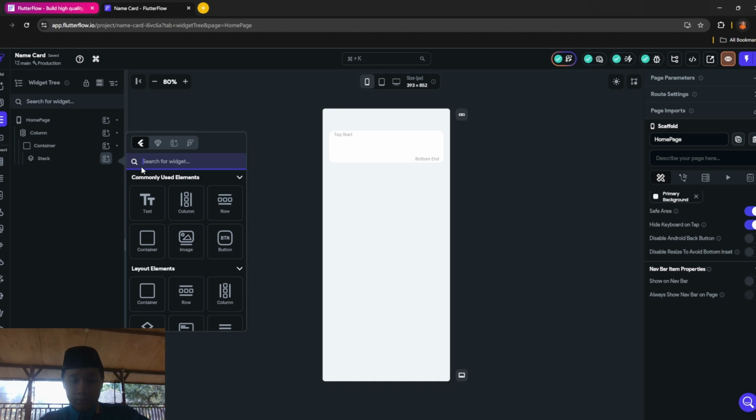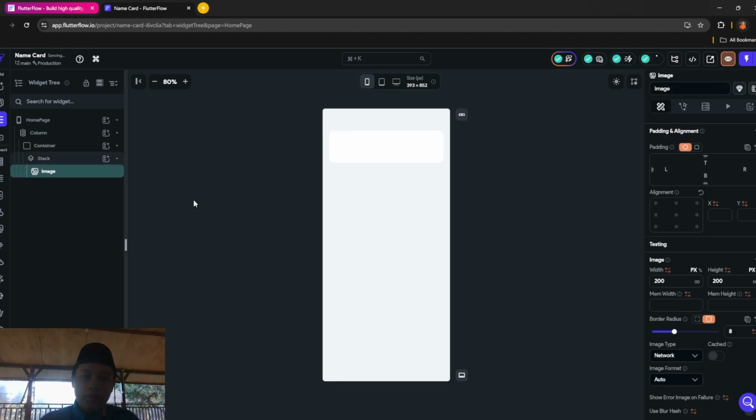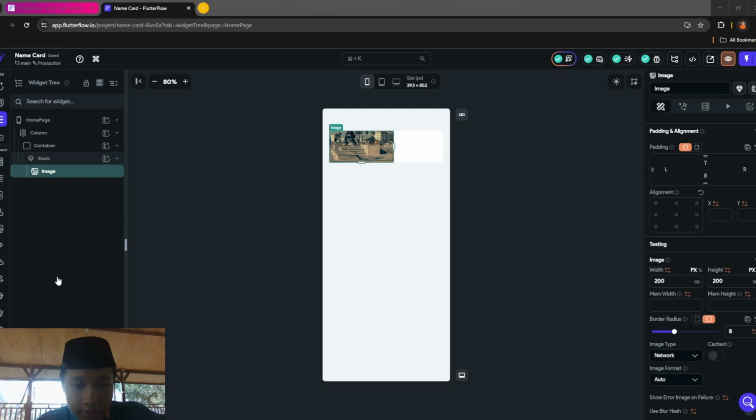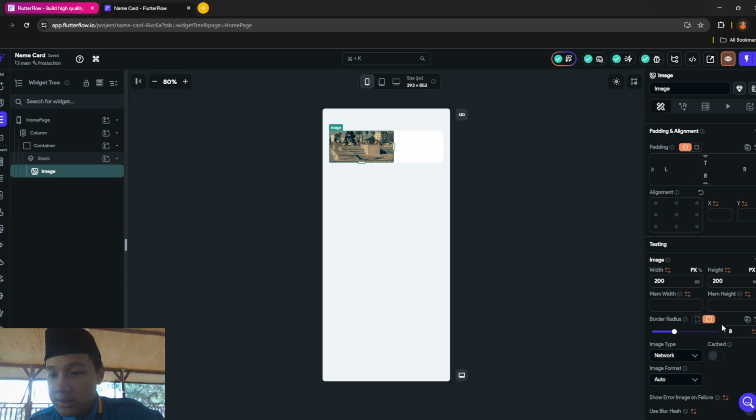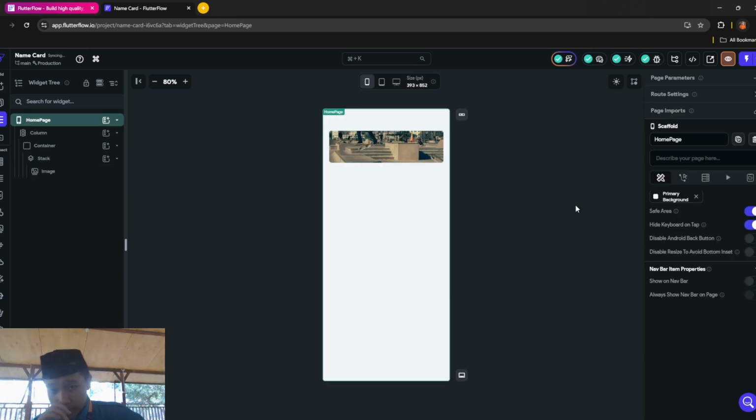This image should pop up a random image like this, and after this you want to make the image width 100% by 100%, and then there will be a column. It should be like this.